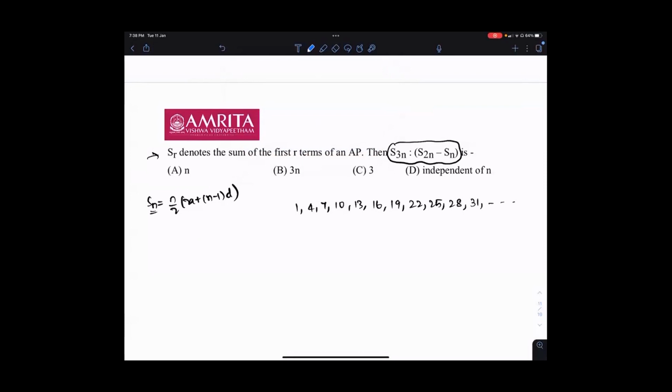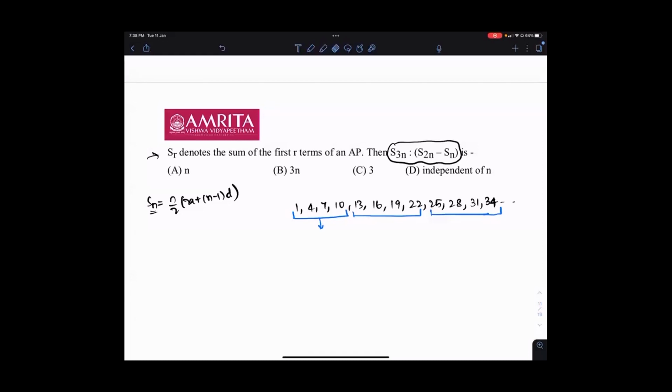So the thing is, if you have an AP sequence, choose some number, any number. Let's say I will choose 4. That means every 4 numbers I will make a set. Let me just write the next number, that is 34. You can choose 2, you can choose 3, whatever you want. I have chosen 4. Now add those sets of numbers.